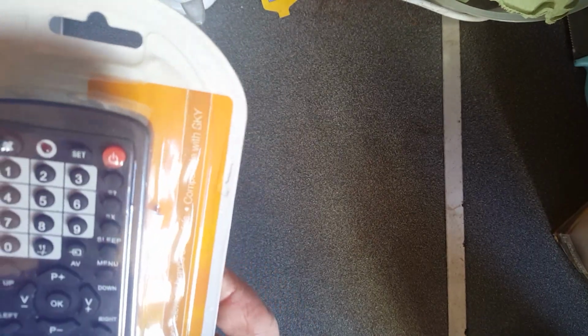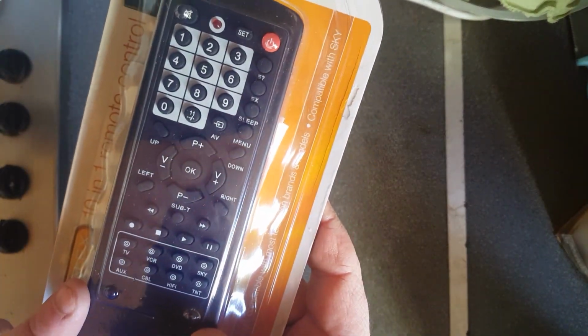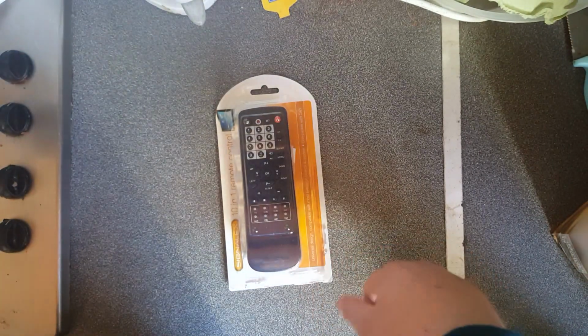So is it 10 devices? Yeah, 10 in one. I'm not quite sure, I haven't actually figured that bit out. There are 8 buttons, but it says 10 in one. Never mind. It was €1.49, and it's pretty amazing because I remember when universal remotes first came out